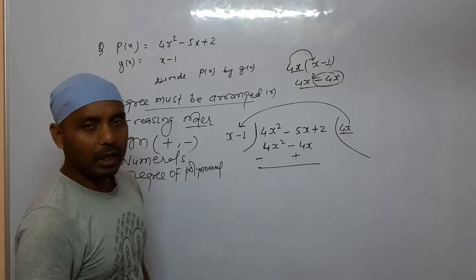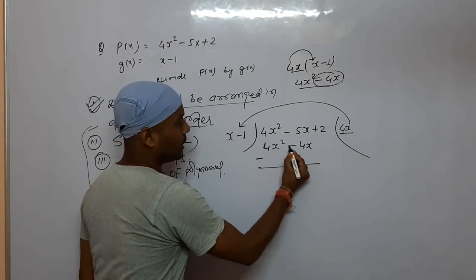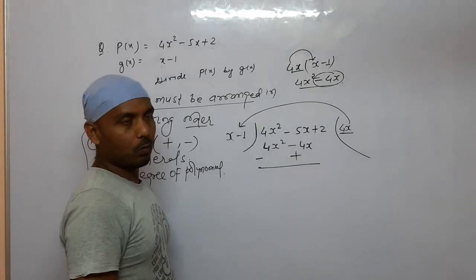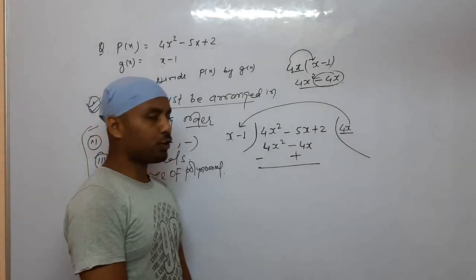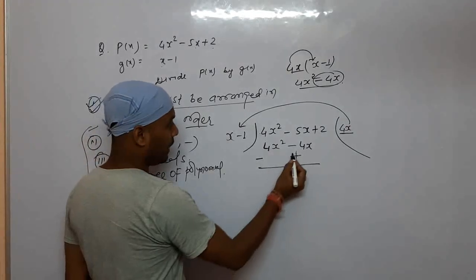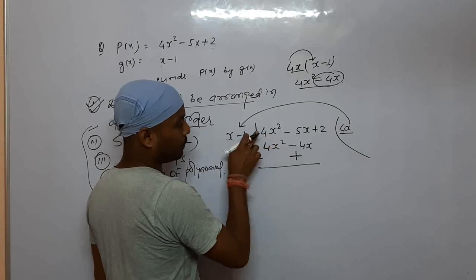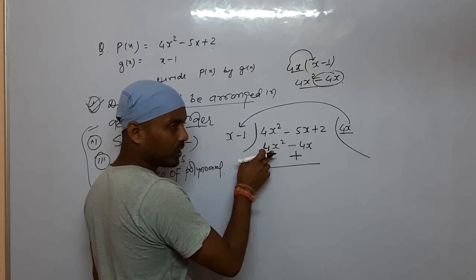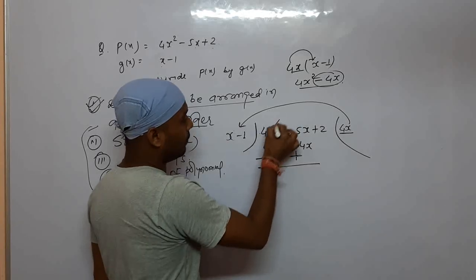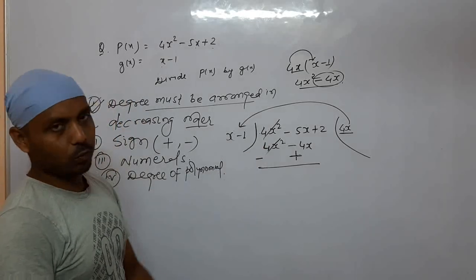Now we don't have to think about the old sign, because we have changed the sign. Whatever sign has been changed, we just think on that sign. So here 4x square is positive and the sign of this 4x square has changed to negative. So when you do the sum, it will sum to 0. You may simply cancel it over here.